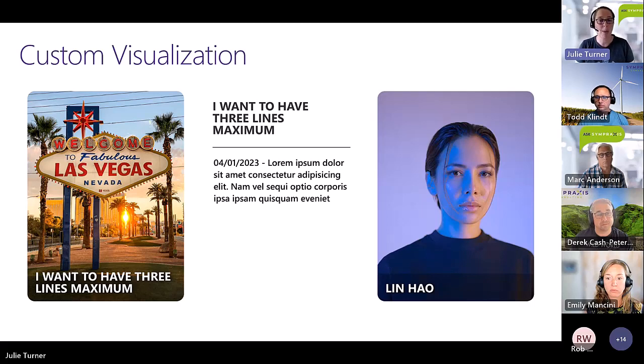But I think probably the combination of the PnP search web parts plus a Handlebars template with your own CSS in it could give you a really robust visualization and solution for custom news.